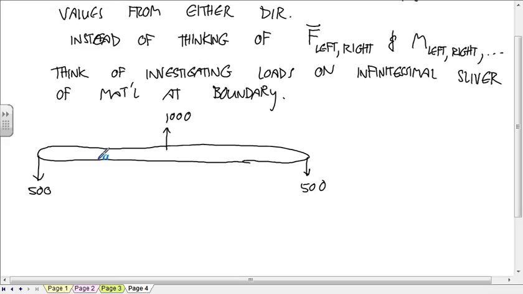And instead of looking at this surface, we're going to look at a volume of material, infinitesimal, but it actually has a volume with a left side and a right side, okay? And if you blow that up,